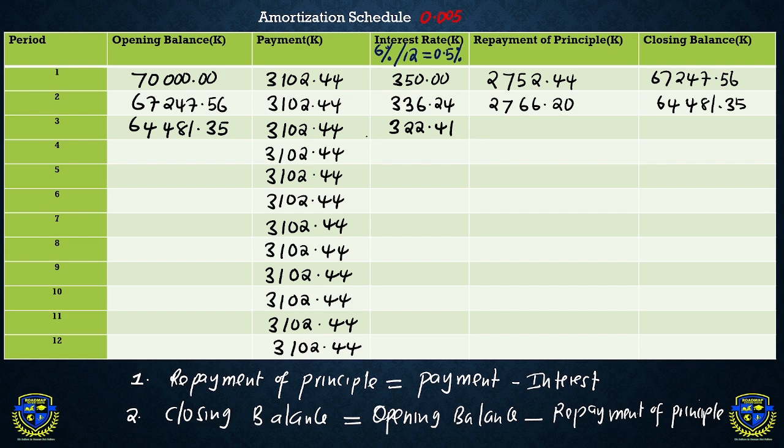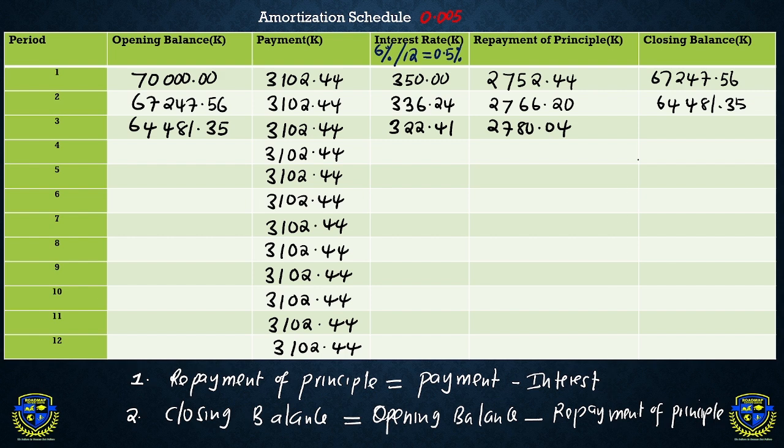Okay, so the difference of the payment and the interest is going to be 2,780.04. Okay, then the closing balance in this case, since we know that closing balance is opening balance